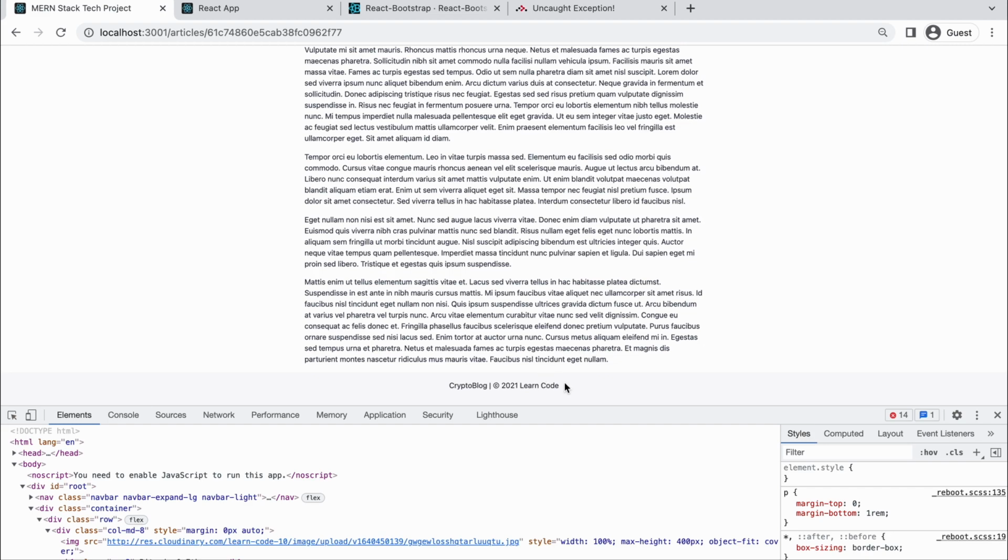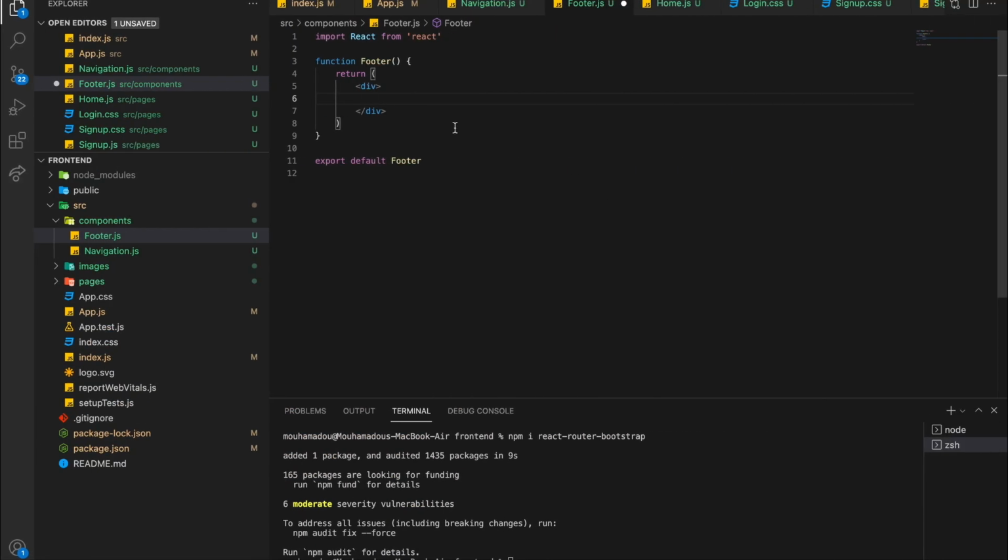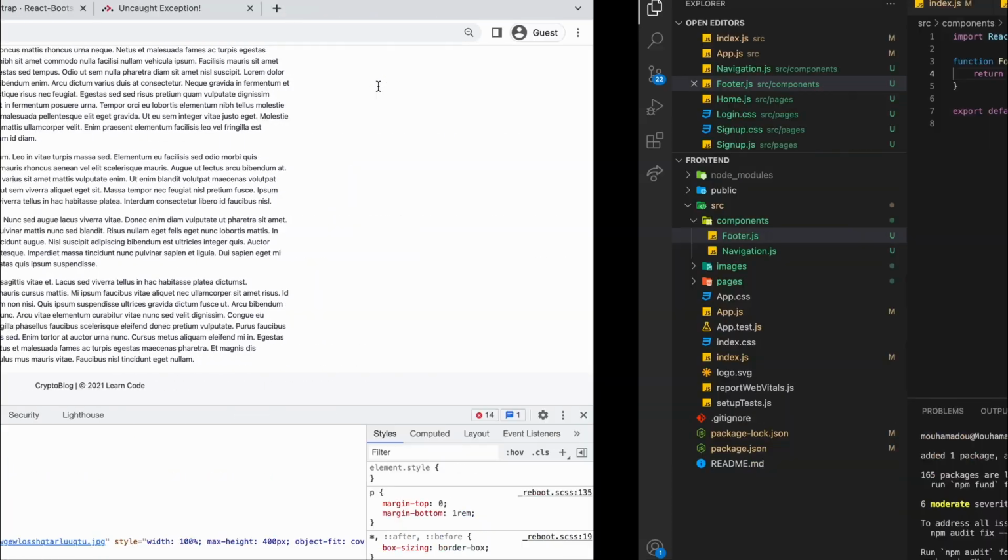Okay, so we need to have it like that. So it's just going to be copyright 2022 we can say, and for me like learn code. So it's that simple. And class name, so bg, we can say bg light,